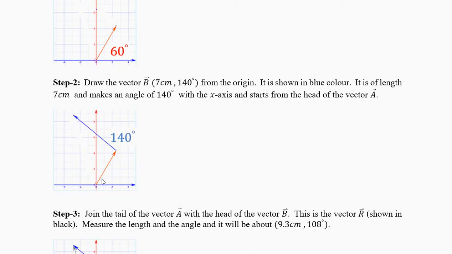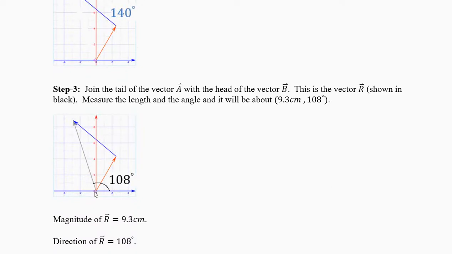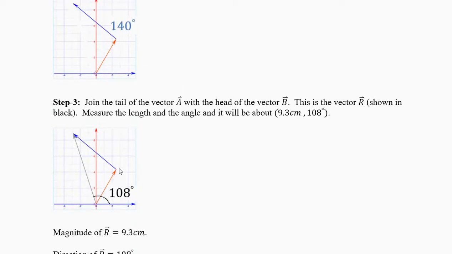Now, the red vector we have finished, 60 degrees here. So I am not going to write 60 degrees again. It will confuse you. 140 degrees is here. The straight line is here. 140 degrees. You draw it and 7 centimeters. And in an ordinary protractor, it will be outside. Now you join with a black line. The red is the first vector, 5 and 60. The blue is the second vector, 140 and 7.